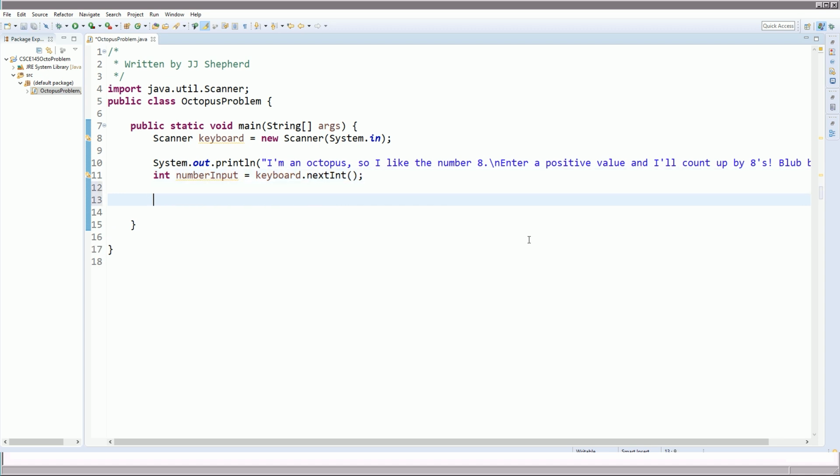Now, after that, we have to pay very close attention to what is being said here. Enter a positive value. Now that we understand about decisions, we need to be able to check for errors. And this becomes so very important in computing, is being able to check for valid values. So if the user enters a negative value, then we can't really do anything with this. So we do need to check if the numberInput happens to be less than 0, so a negative value,